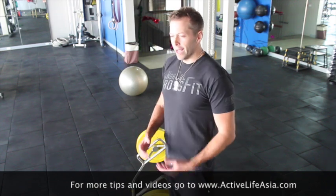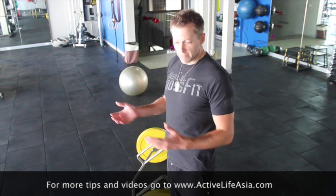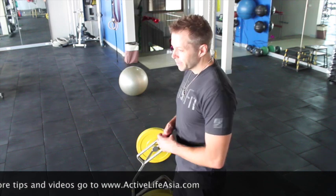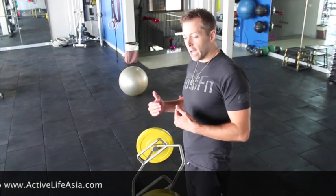So if you have a new client and you want them to do some decent weight and you don't have a lot of time to train them, or maybe you just started with them but you want to jump into some heavier stuff fairly quickly and they're ready to handle it, well then the hex bar is a great movement because unlike your traditional deadlift,